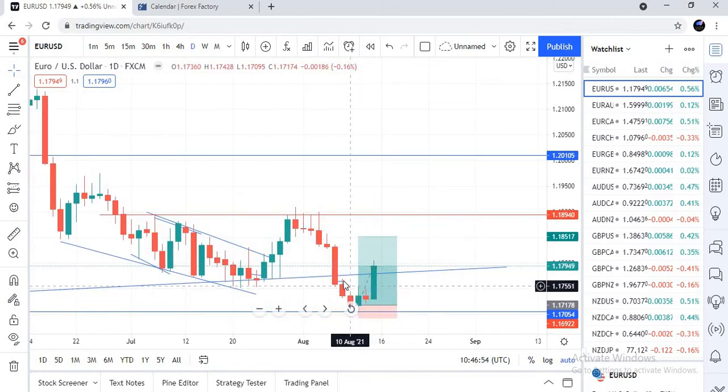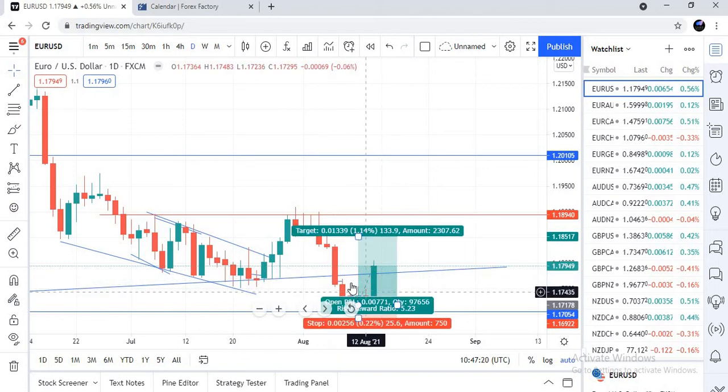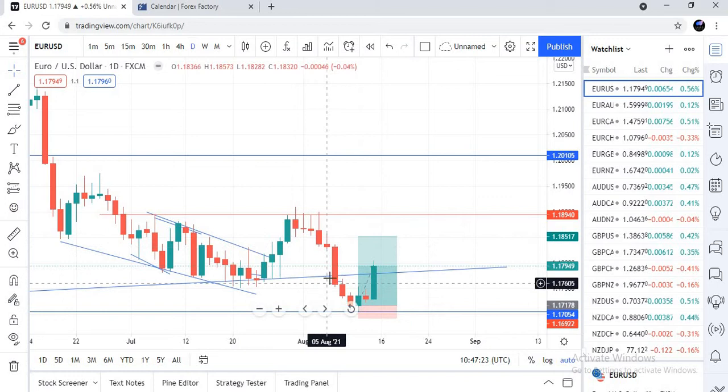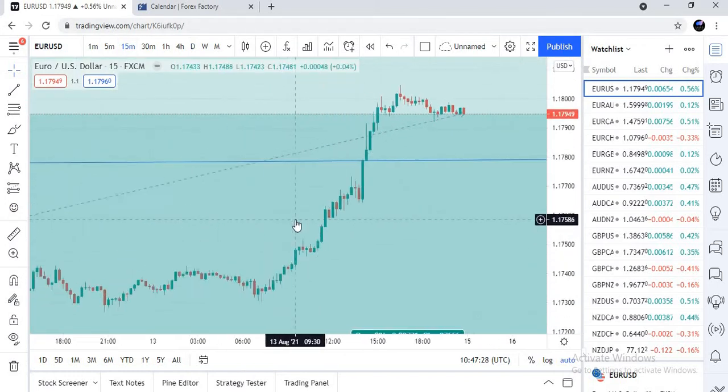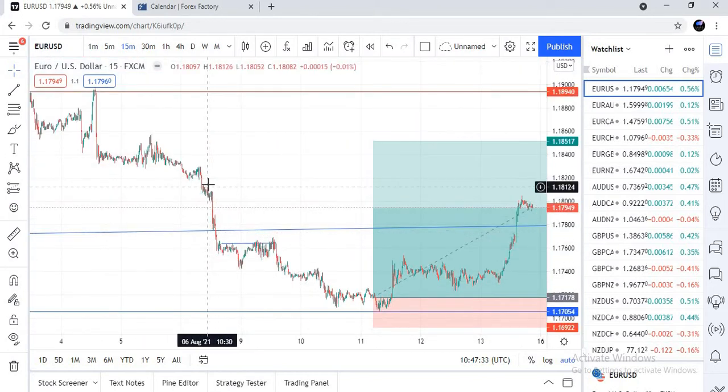But when it retraced and went to this level, most traders would have said, let's buy EURUSD at this level, but that is very wrong, because on the 4-hour time frame, when you see a really bearish candle attacking a support level, you shouldn't be trading on that level. You should wait for confirmation from candlesticks on that level before trying to enter. You're supposed to enter at the 15-minute time frame to see if that level is suitable to be entered. And as you can see on the 15-minute time frame, it cut through this level, so it wasn't even a good time to trade.